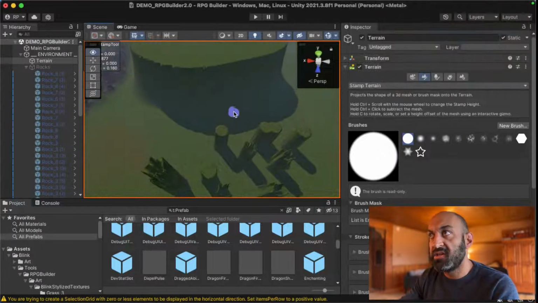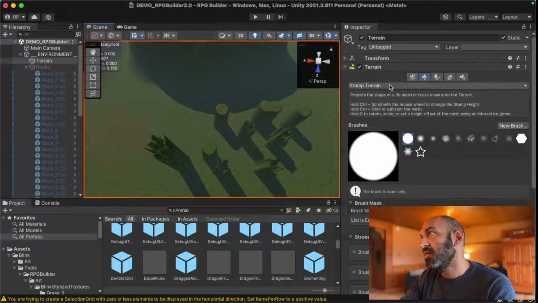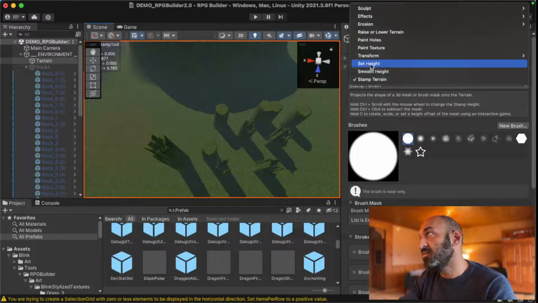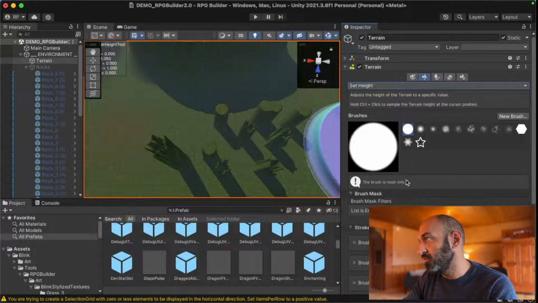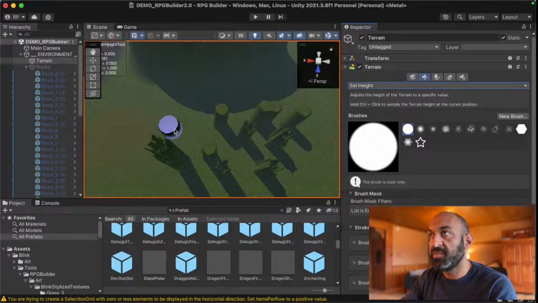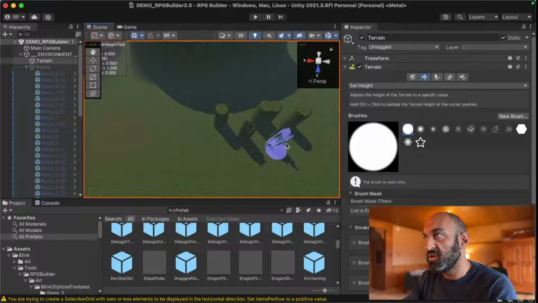All right. What I want to get into is I want to get rid of these objects. So set height. I'm going to control, oops, brush size is way too big. It's at 529. I'm going to control click to sample the height. Perfect. And I'm going to brush over all of these to make them the height of what we just sampled,